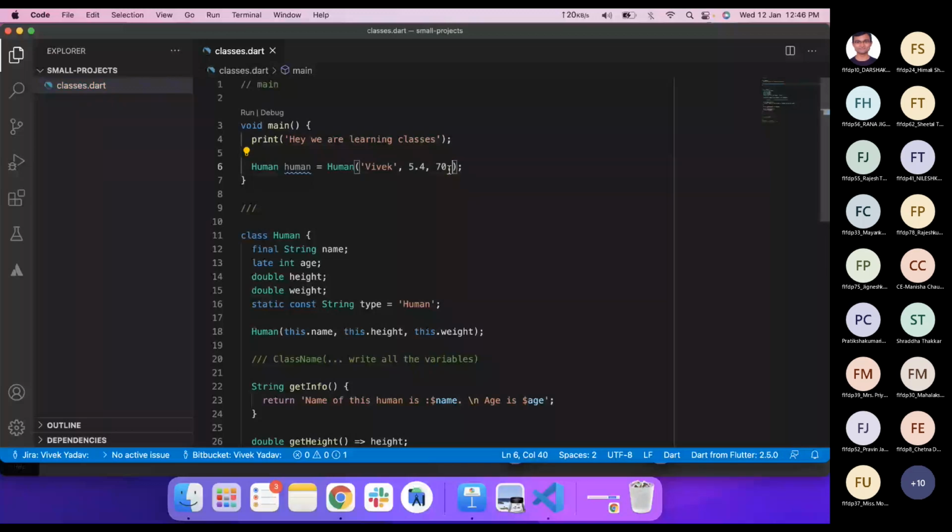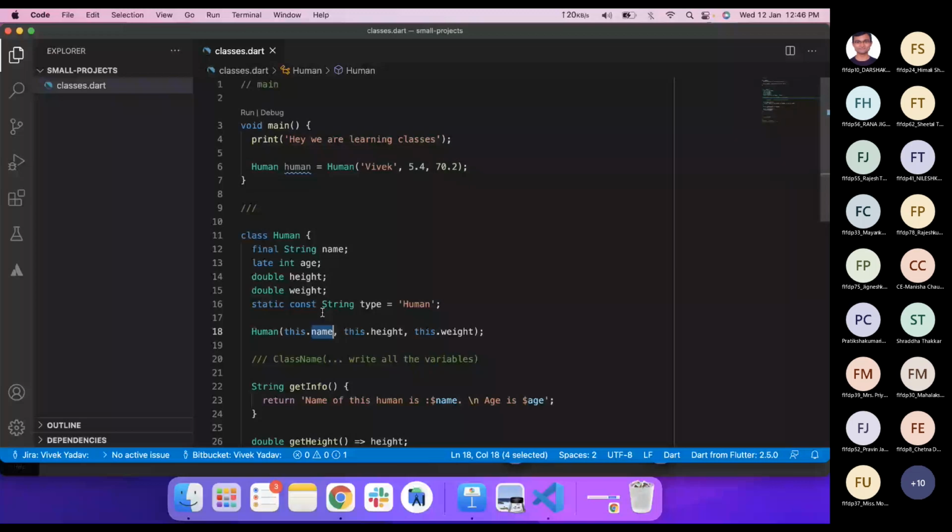We can see that we have created our constructor, and the values are in the same fashion as in the constructor definition. First the name, then the height, and then the weight. We can even compare that with the types. The first one should be a string, because name is a string.